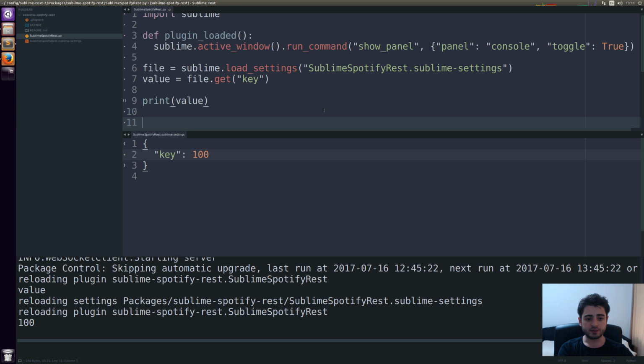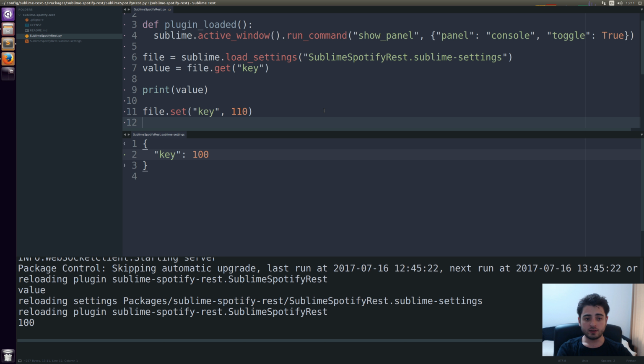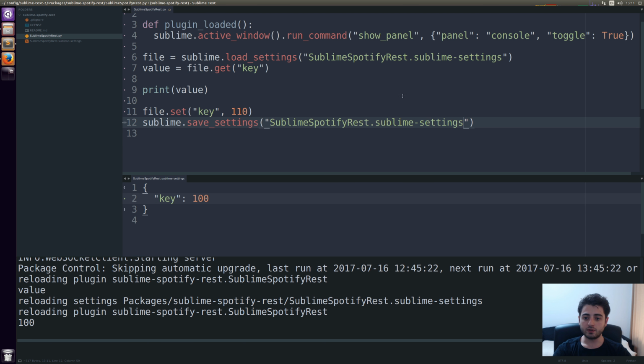So we can also set the value, using the same key, and now the new value is going to be 110. So we set the value, but we also need to save the file. So we say sublime.save_settings, and it needs the name of the file again. Let's make this one smaller. All right, so we saved the file, and now we're going to say value after change